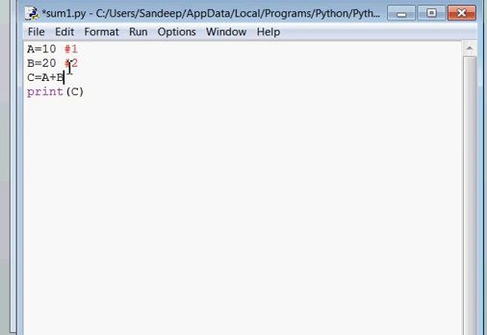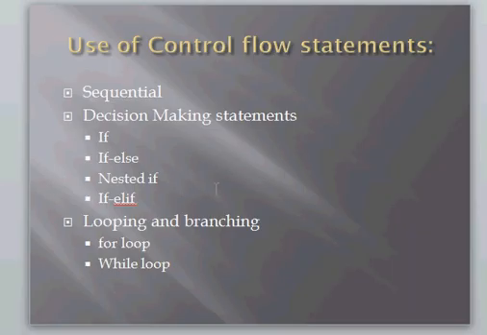There is a sequence of execution of the statements as given in the program, meaning your four statements are executing in the order in which they are mentioned in the program. So these types of statements which execute as per the order given in the program are known as sequential type statements or sequential control flow statements.